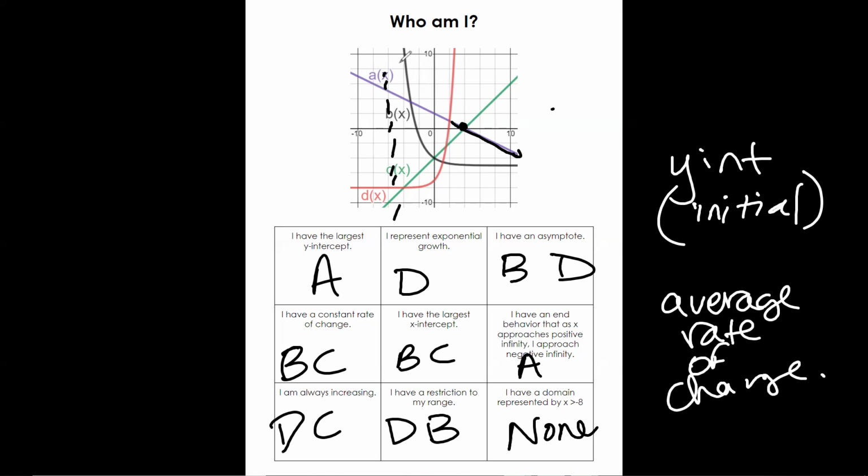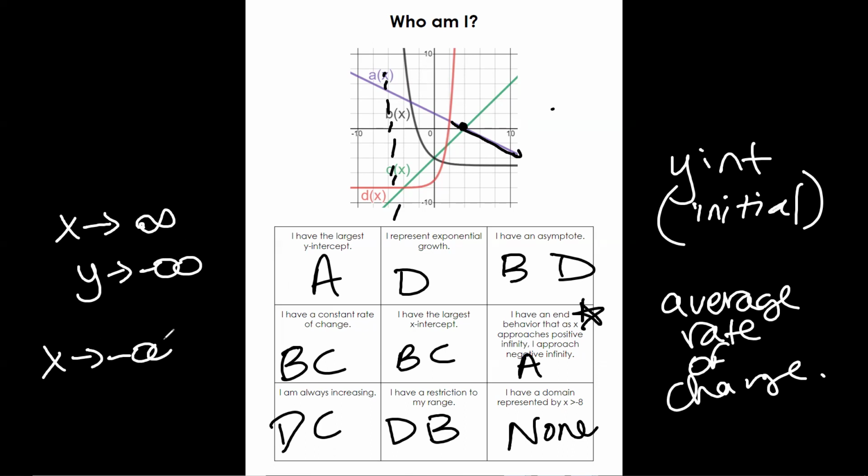I do want to kind of make a comment on this. Looking at this end behavior, if I wrote this out in notation, this would say as x is approaching positive infinity, y is approaching negative infinity. Is everybody okay with that notation? This is saying as we go to the right, we're going down. If I had as x is approaching negative infinity, y is approaching positive infinity, that means as we move to the left, it's going positive. Okay. All right, so what I would like for you